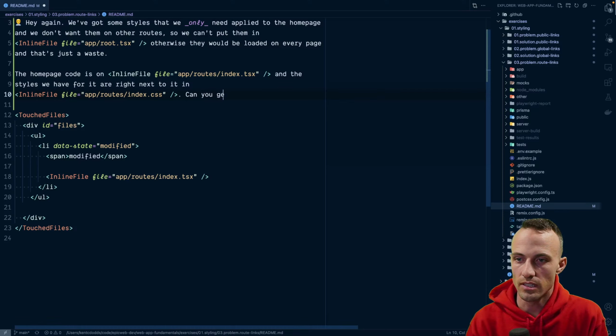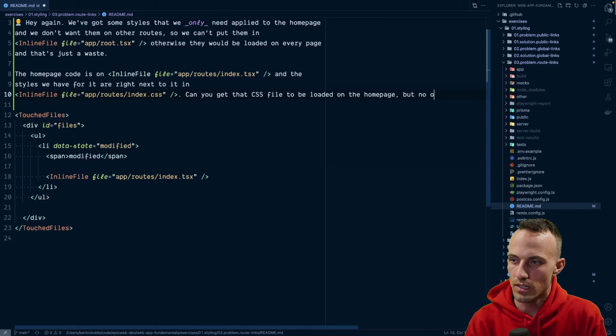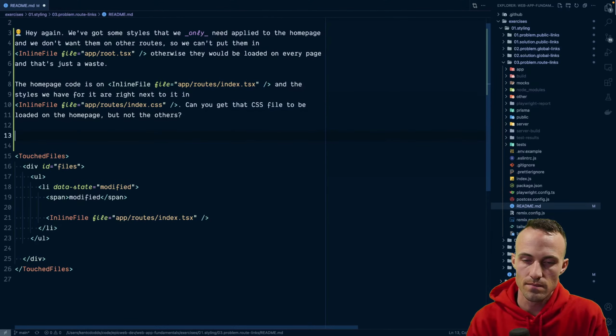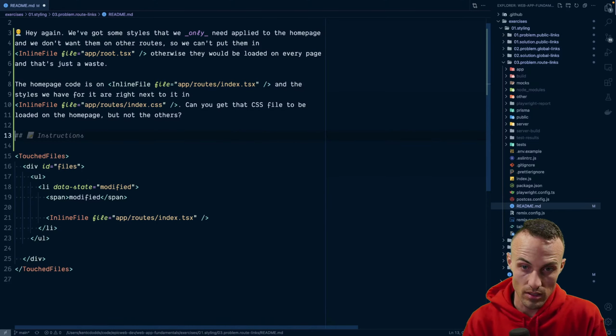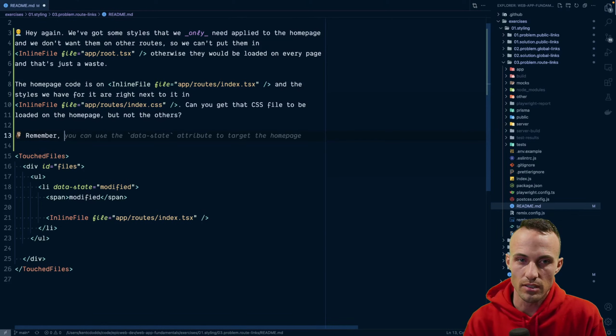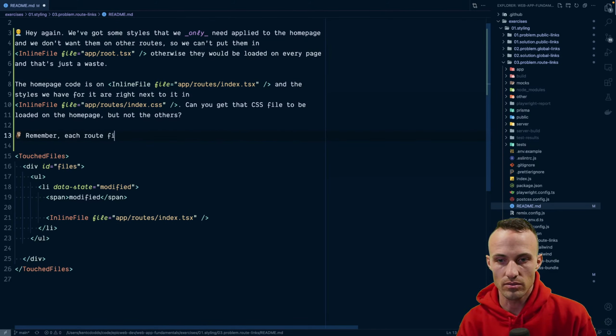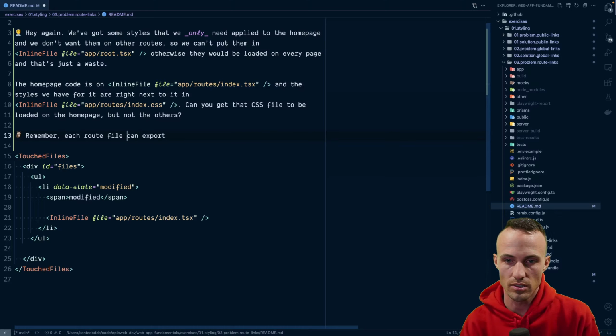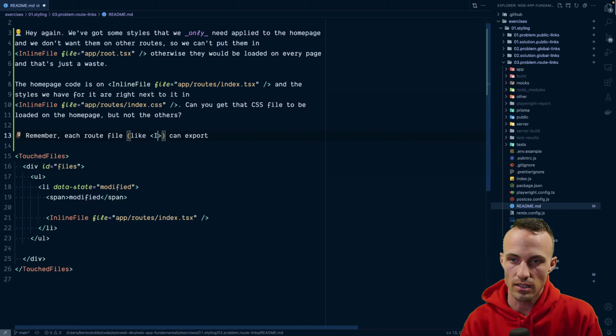Can you get that CSS file to be loaded on the home page, but not the others? Remember, each route file can export